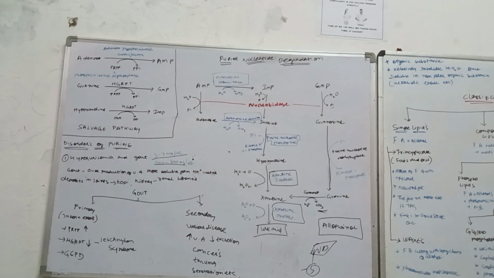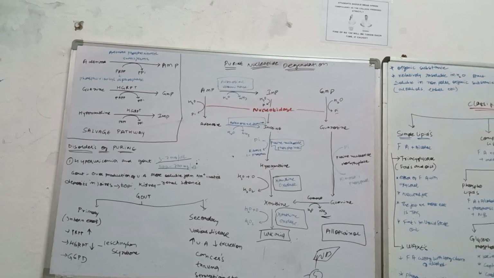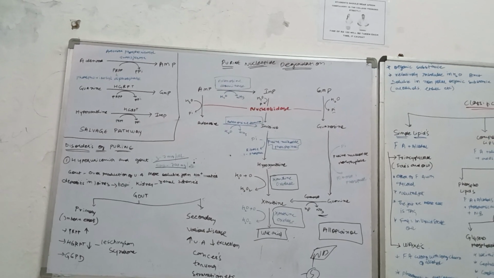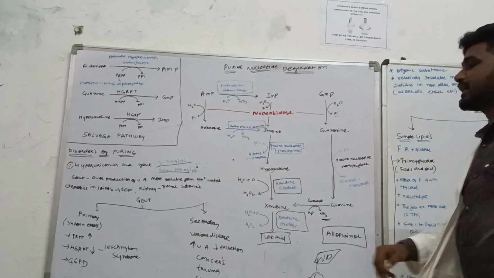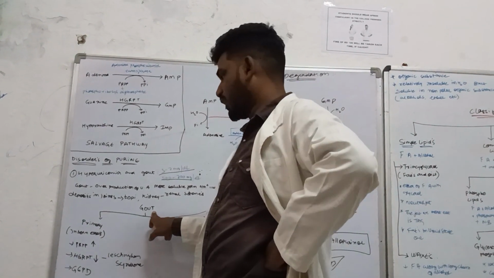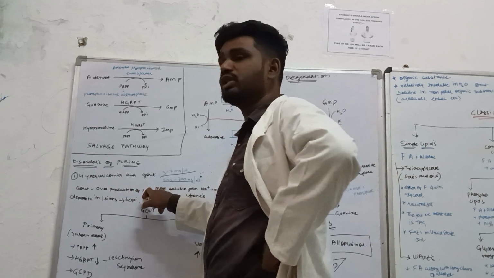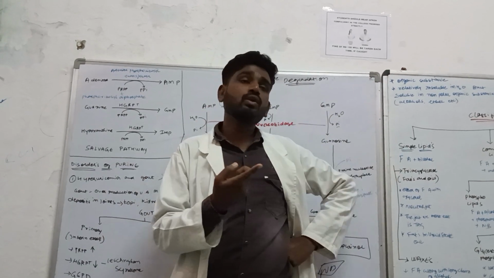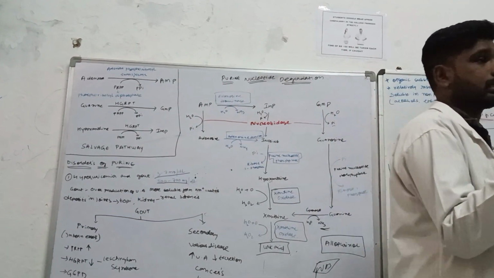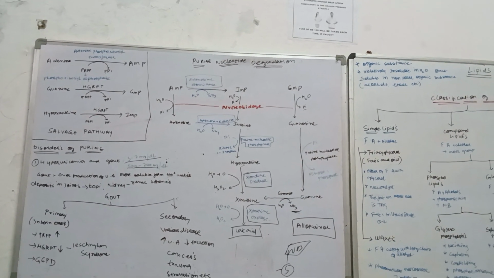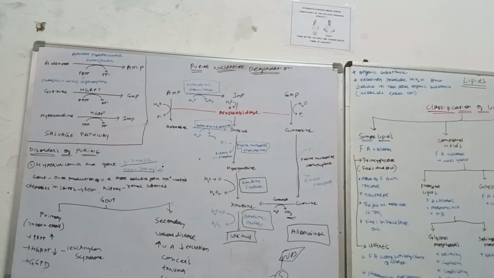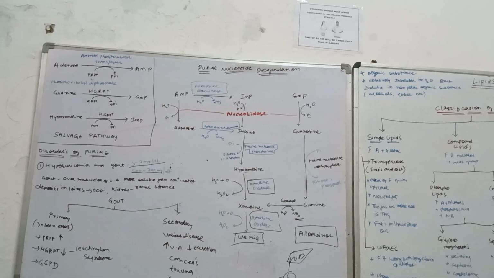Gout. I was talking about the gout. Now this gout can be divided into two: the primary type of gout and the secondary type of gout. If I am talking about gout, I must be talking about overproduction of uric acid. Overproduction of uric acid आपकी बॉडी के अंदर दो तरीके से हो सकता है. There are two ways of overproduction of the uric acid inside your body. It can be the primary gout or it can be the secondary gout.